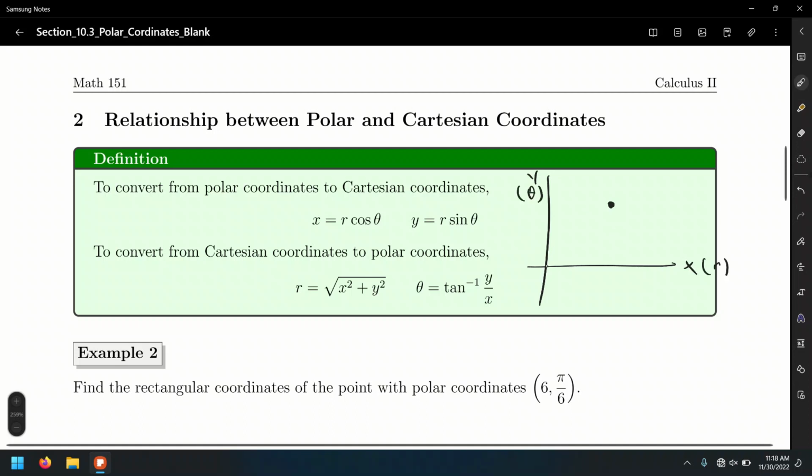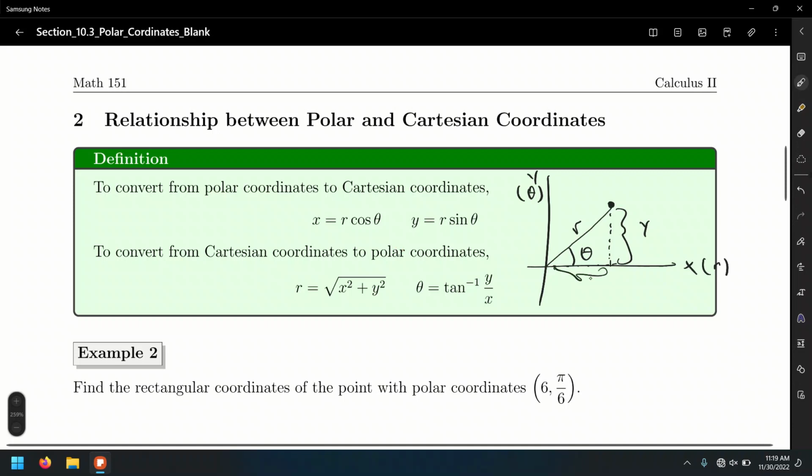Well, this point right here essentially is going to form a right triangle. And that point, which is r units away from the pole, is forming an angle with respect to the polar axis, which is the analogous of the x-axis in the rectangular system. Now, if we use trigonometry to find this y and this x,